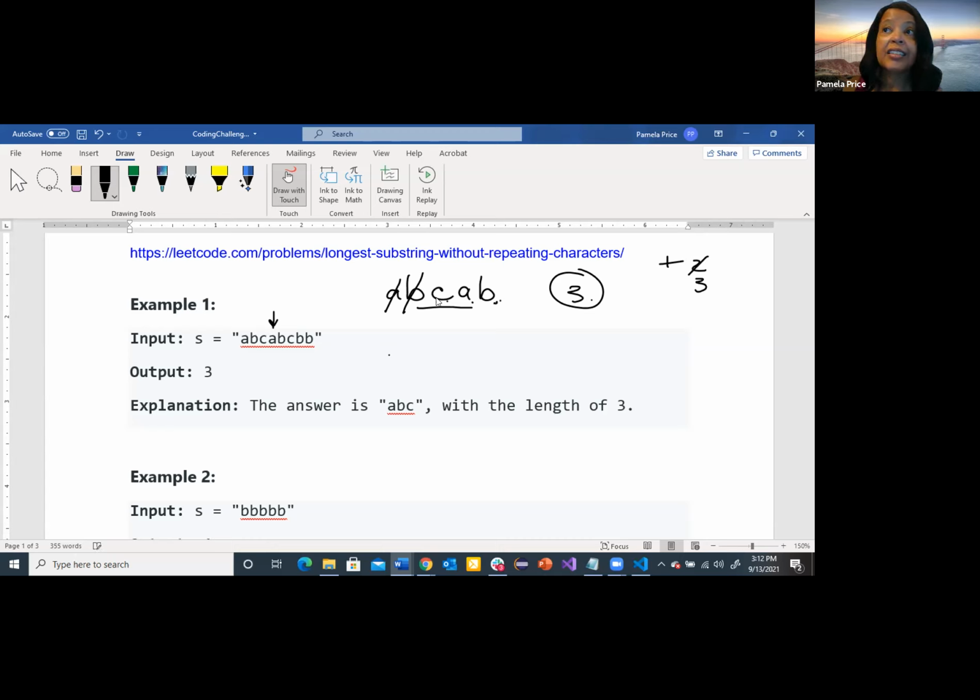Now, kind of the sneaky thing about what we're looking at right now is each time we took off the first character, that happened to be the one that was repeating. But it may not always be the case, which is why we're going to walk through a different example before